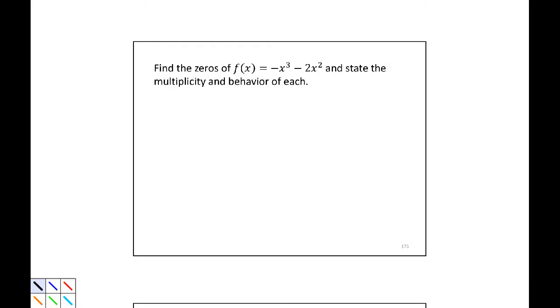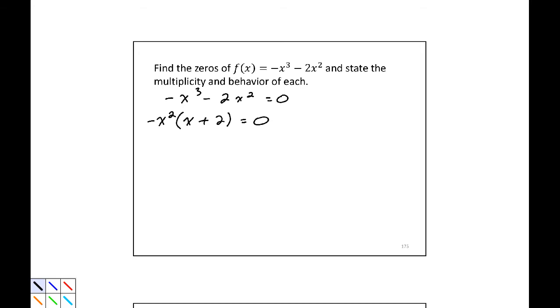Find the zeros of f of x equals negative x cubed minus 2x squared and state the multiplicity and behavior of each. In order to find the zeros, as we previously stated, we need to factor this. So let's take negative x cubed minus 2x squared equals 0, and factor this. We can factor out a minus x squared, which leaves behind an x plus 2, close parentheses,